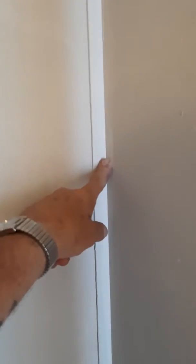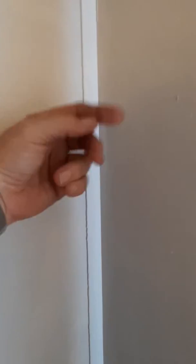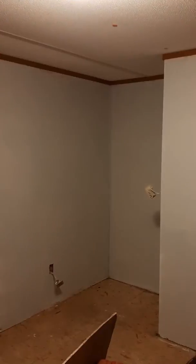This is a little piece of that flat board. Leave that there. We're gonna leave it there. I should have left in most of this, all the corners. I don't know what I was thinking. I pulled it all out. So we left it over there, and left those over there. I don't know what I was thinking. So this room's in progress, and